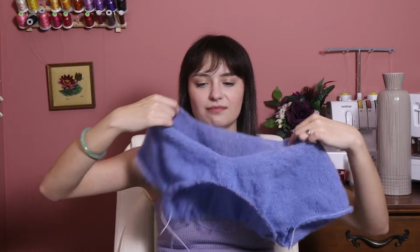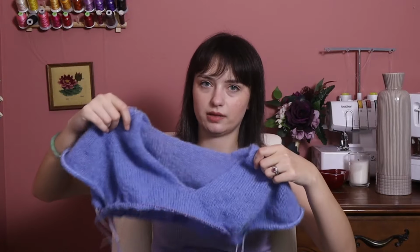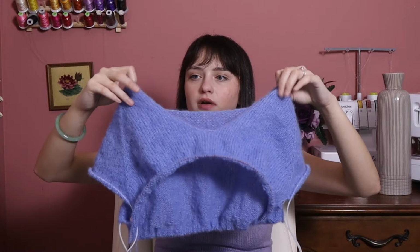So I am having to do this a little different than the pattern. First, I'm just going to describe to you how this pattern is constructed. So it's a raglan. So you're casting on, initially it's kind of knitted like a cardigan because you have that V-neck. Some round neck raglans you can just cast on as a circle and work from there. But you cast on for front, the sleeves, and back all at once. So if you've never done a raglan, you basically cast on a certain amount of stitches and you divide them by section. So like the front, sleeves, the back, and you have these markers set at the division of every section,